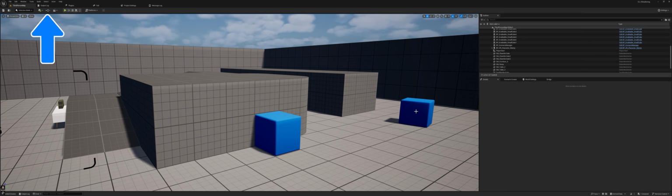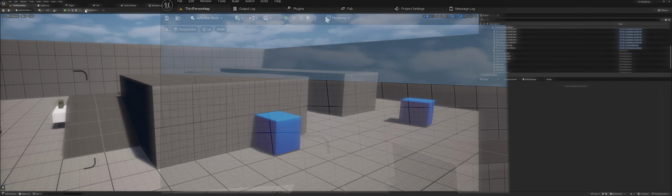Now let's turn our attention to the Toolbar. Located directly above the viewport, the Toolbar gives you quick access to essential tools. This strip of tools is packed with features that help you build and shape your world. One of the most important is the Editing Mode selector. Unreal offers several editing modes, each designed for a specific type of task. The default is Selection Mode, and honestly, you'll probably spend most of your time here. But there are other modes too, like Landscape, Vertex Painting, and even Modeling, each one unlocking a different set of